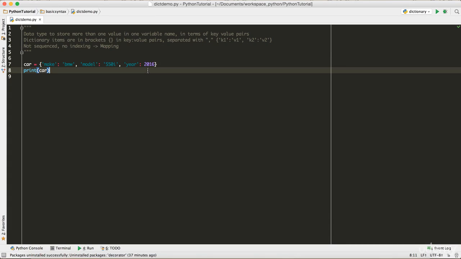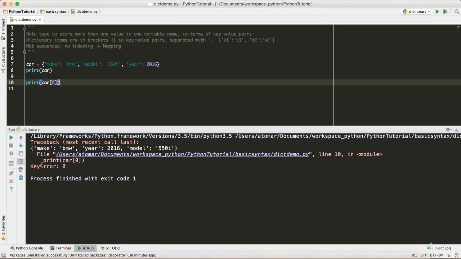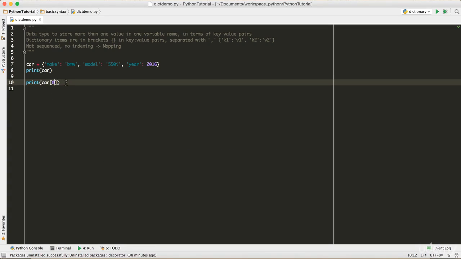So how do we access the items from the dictionary? I said that it's not indexed. If I try to do something like this, as we do in a list, and print car 0, it says key error 0, because there is no key with the name 0 inside this dictionary, so it is not indexed. If I put 1, 2, anything, it's not going to work. I have to provide a key which exists. So if I say make